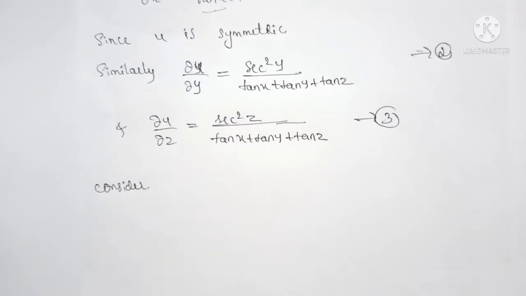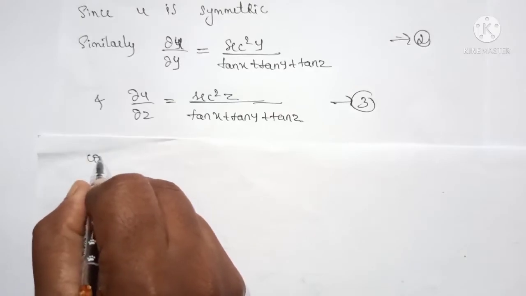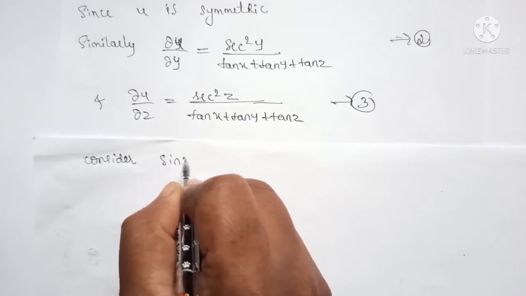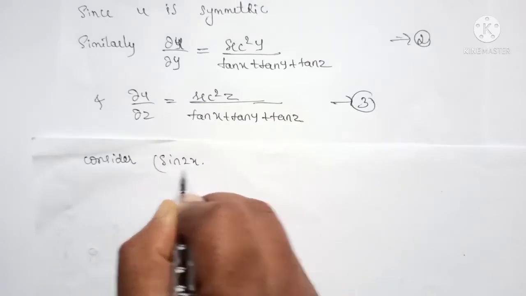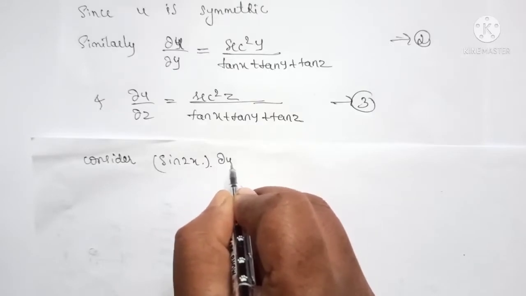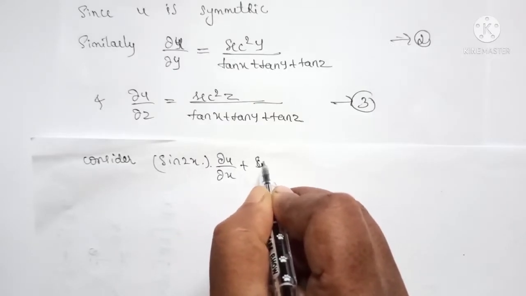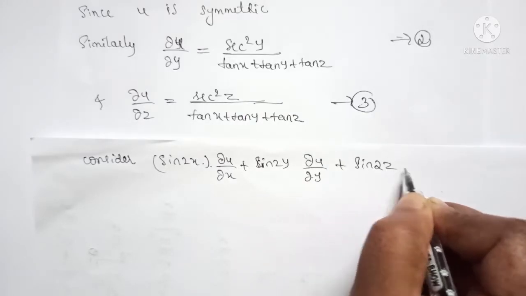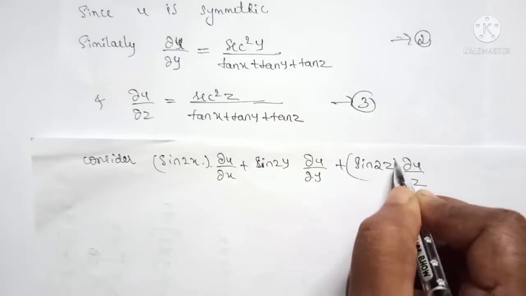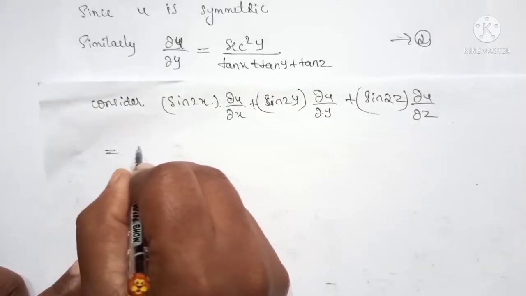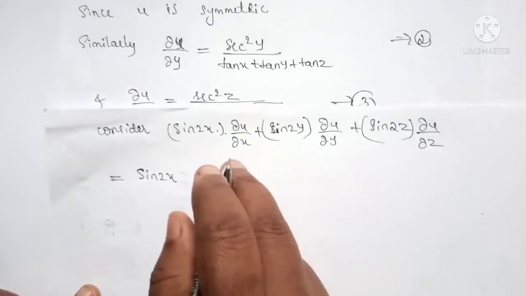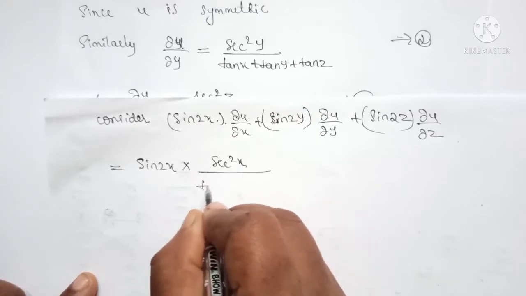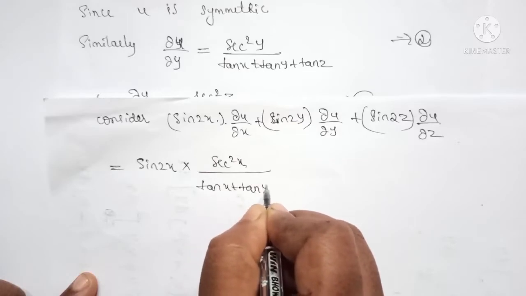So we consider LHS, okay. LHS is sin 2x ∂u/∂x plus sin 2y ∂u/∂y plus sin 2z ∂u/∂z. So this is equal to sin 2x, as it is, and substitute the ∂u/∂x value, that is sec²x divided by tan x plus tan y plus tan z